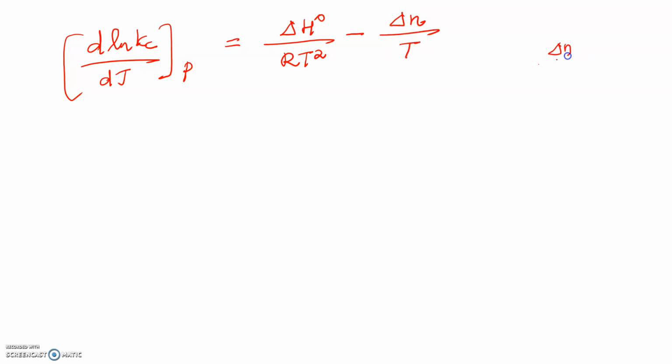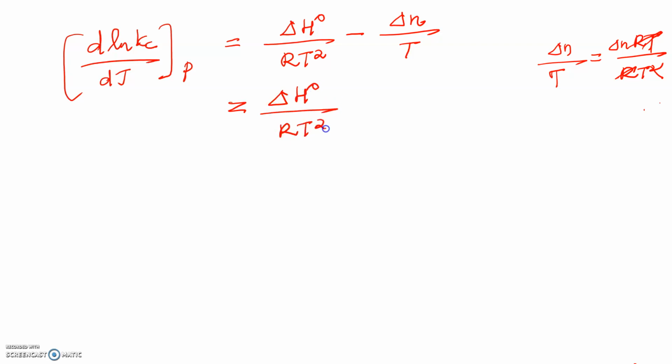Now delta n by T can be rearranged as delta n RT by RT squared. Is it right? Here RT cancels, and R and T squared cancel, therefore this is delta n by T. Now this can be written as delta H0 by RT squared minus delta n into RT by RT squared. But we know that